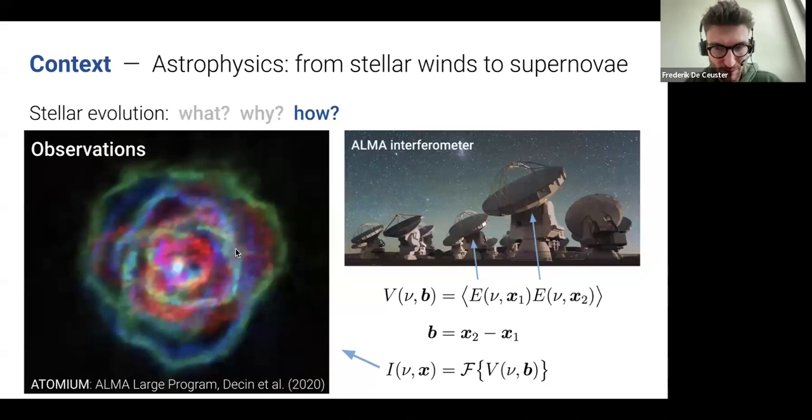This is an interferometric image, which means that we measure the electromagnetic field at different points from a certain patch of the sky. What we then do is correlate this electromagnetic radiation. By doing that at different baselines, so for different separations of these detectors, we can get an idea of the Fourier transform of the actual image, the actual intensity that we see in the sky. So after doing a Fourier transform of these correlations, we can actually get these images. There's a whole bunch of interesting engineering and data science behind this.